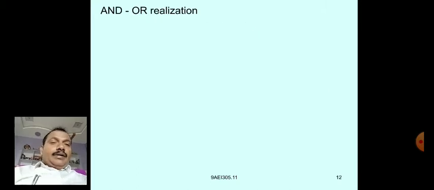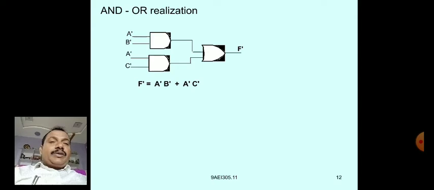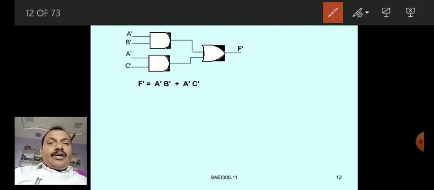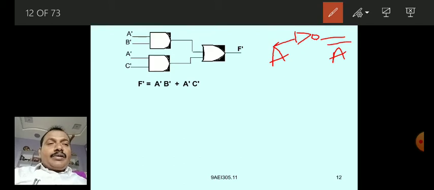So here let us implement this expression using basic gates AND, OR, NOT. Whenever A bar is given as input to an AND gate, don't be confused. Only after the NOT operation is A bar available. First you have to give A to a NOT gate, so A to the NOT gate, you will get A bar. That A bar you have here.